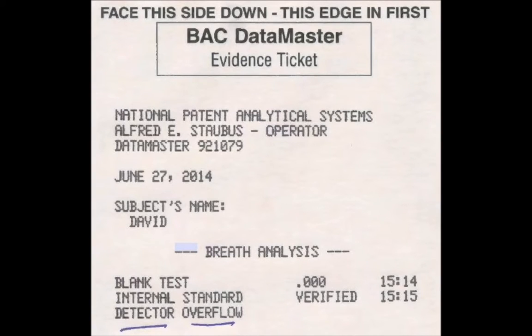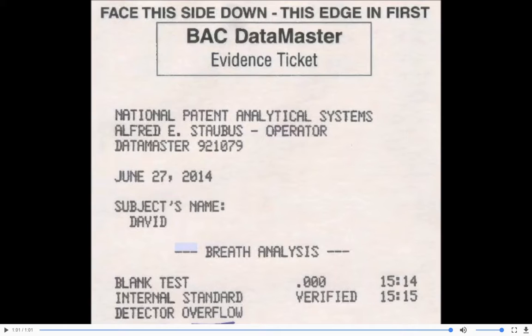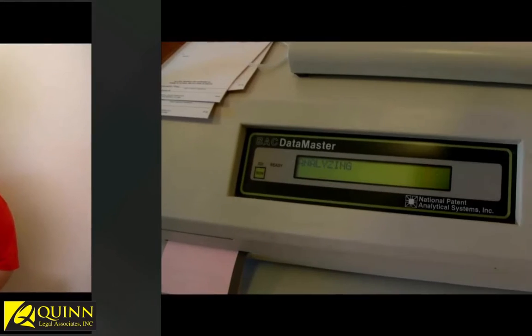Alright, so when there's too much alcohol dumped into it, immediately it snaps off too quickly. You hear that popping noise. That's a 5-way valve snapping shut, saying this is an incredible amount. This is more than anybody should be blowing into the machine, and you'll get a separate error for that.